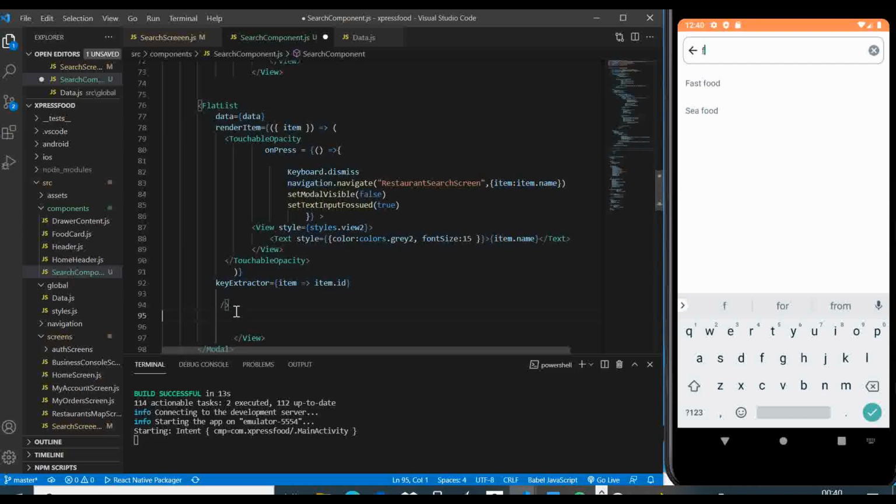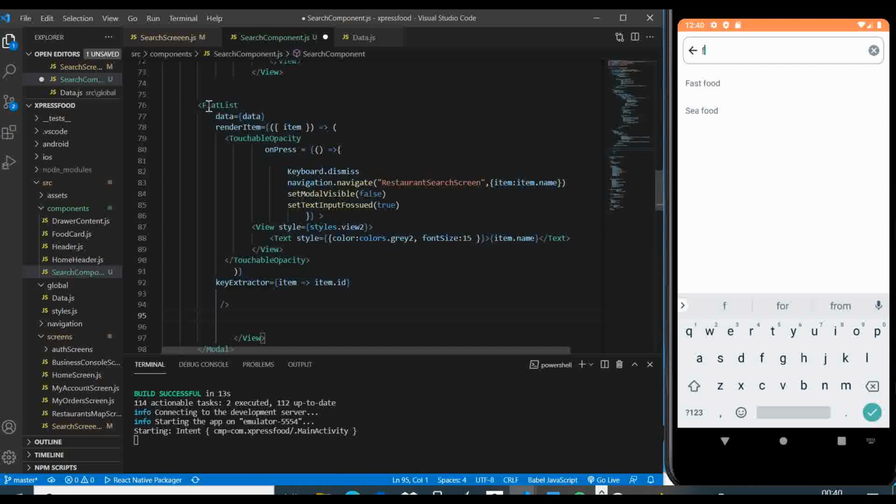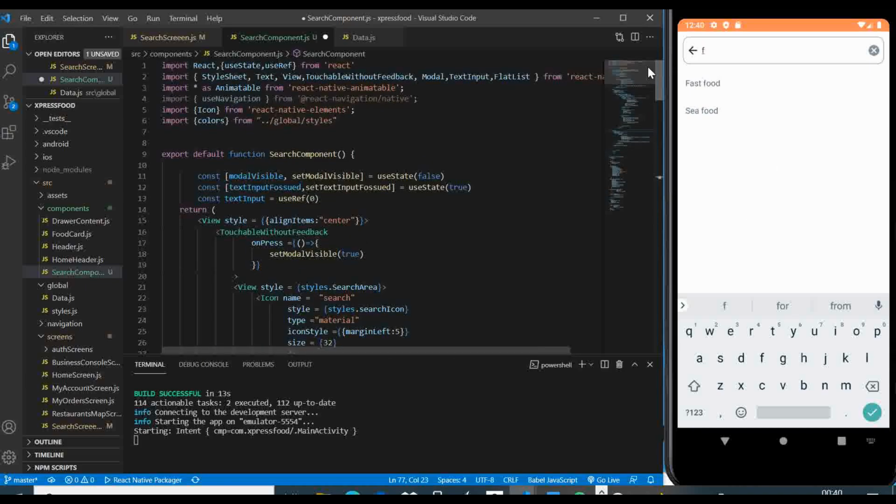So this is what I've pasted. This is a flat list component, and we have data here. I'm passing data, and I'm going to create this just now, or let's create it directly. So we need to create that data. I'm going to create data here,